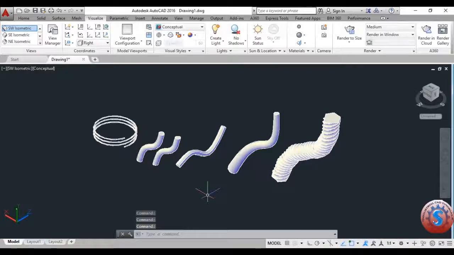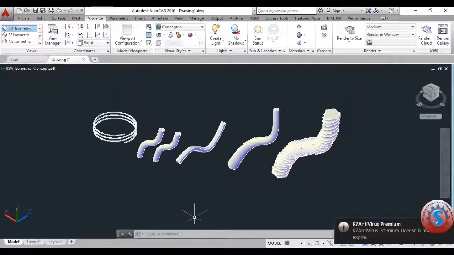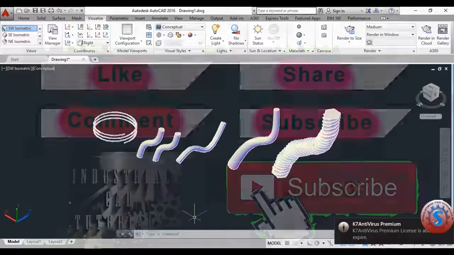This is the basic tutorial for beginners. I'm explaining the sweep operations in the solid mode. You can observe that previous tutorials also explained different types of basic tutorials on my channel. You can also check out my previous videos. I'm explaining all the features in AutoCAD 2016, and these are the basic